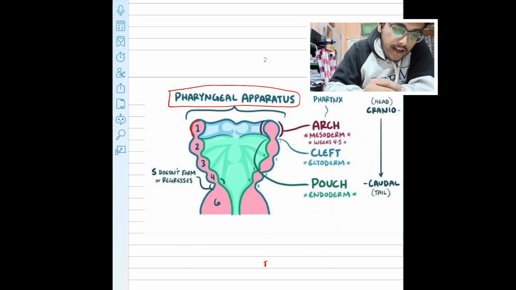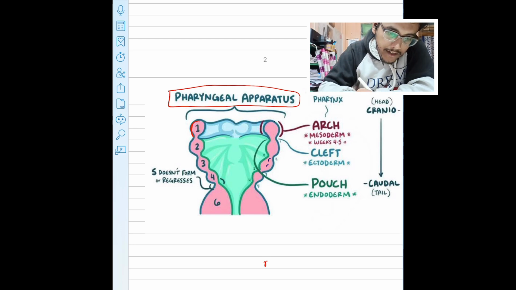Fine. Now you can see the outside part of the pharyngeal apparatus is lined by ectoderm. This is the ectoderm. Fine. The inside part is lined by endoderm. And in between, this pink color area is mesoderm. This much is clear. Outside is ectoderm, inside endoderm, in between mesoderm. Okay, now you see